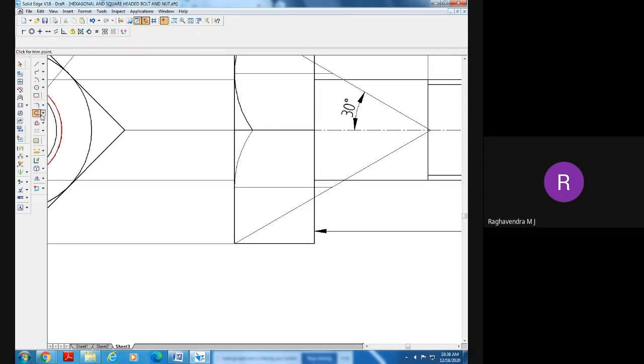Okay, now go to extend option. You draw using a compass, drawing in one go, that's all. Extend this. I am going to extend now. Select this, make this as a 0.5 millimeters radius. Now we need to do the chamfering here